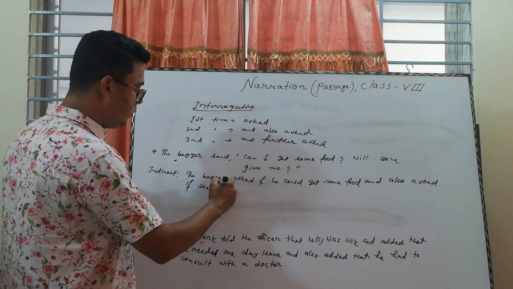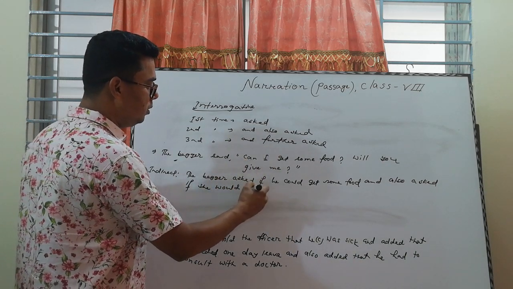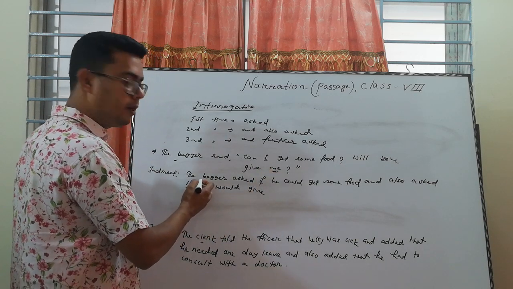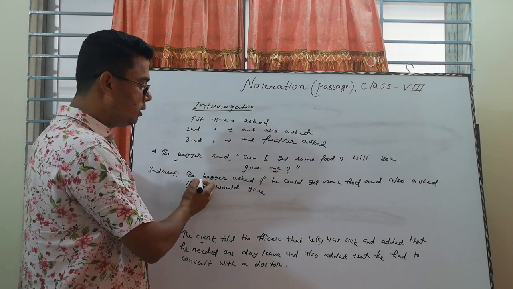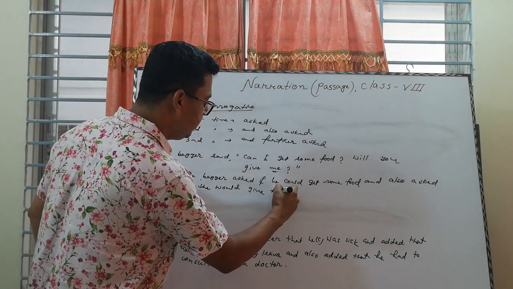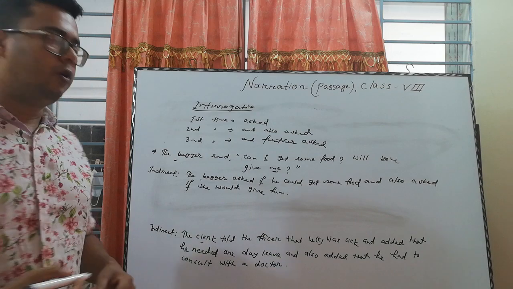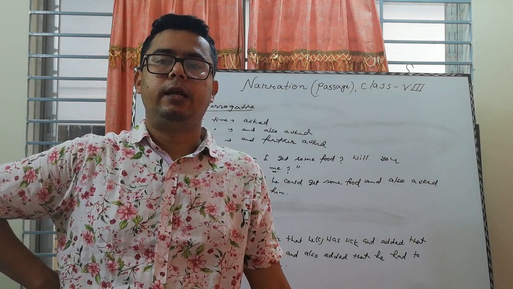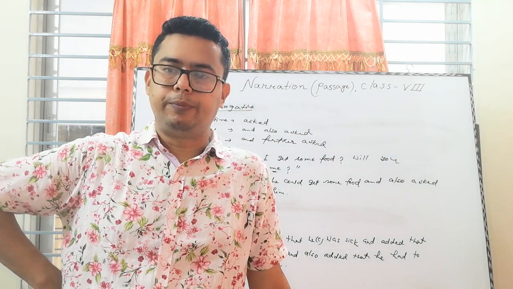Will convert it to would. She would give. Me is first person, it should be converted to the speaker. Then speaker is here, the beggar. Then it should be him, to give him. Okay, dear students, we have completed here in the interrogative sentence also.